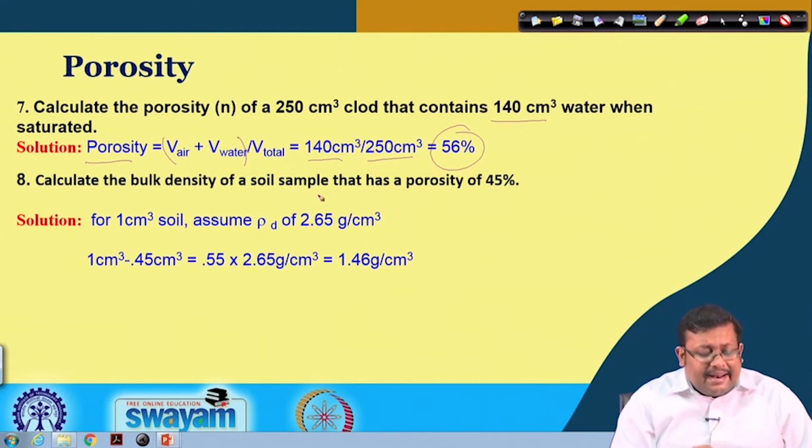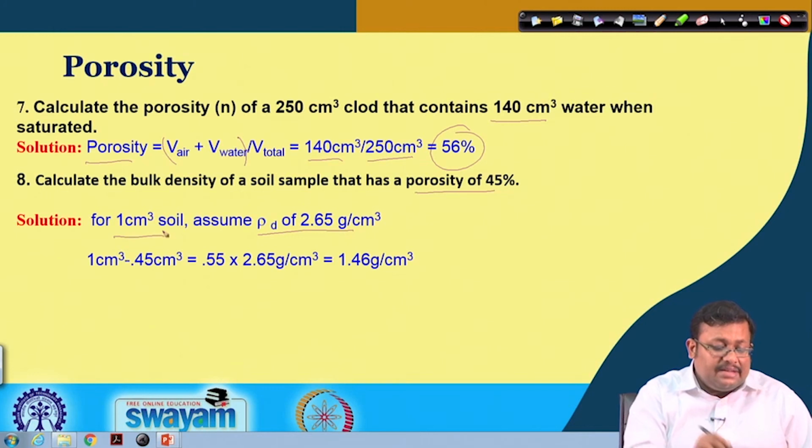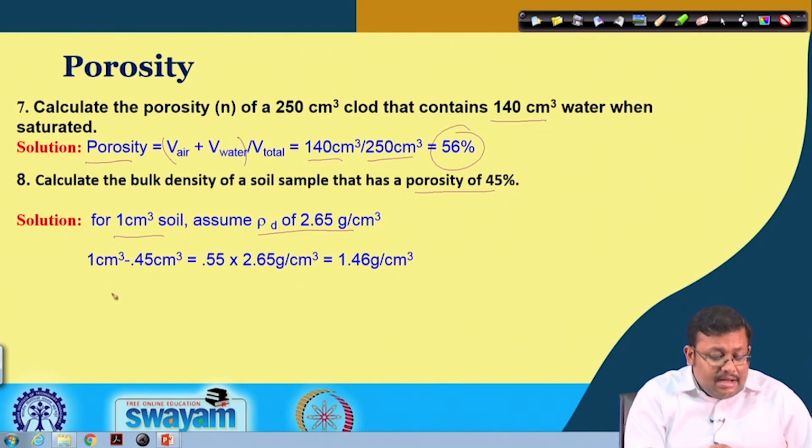Number 8 problem is calculate the bulk density of a soil sample that has a porosity of 45%. Now, here porosity is given, bulk density we have to calculate, and we have to assume that the particle density is 2.65 gram per cc, and we will do all the calculation for 1 cubic centimeter of soil. Porosity here is 0.45. So, if we subtract 0.45 cubic centimeter from 1 cubic centimeter,